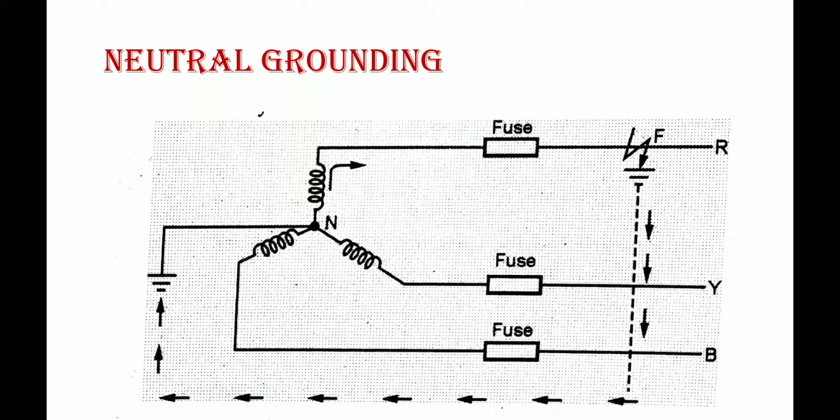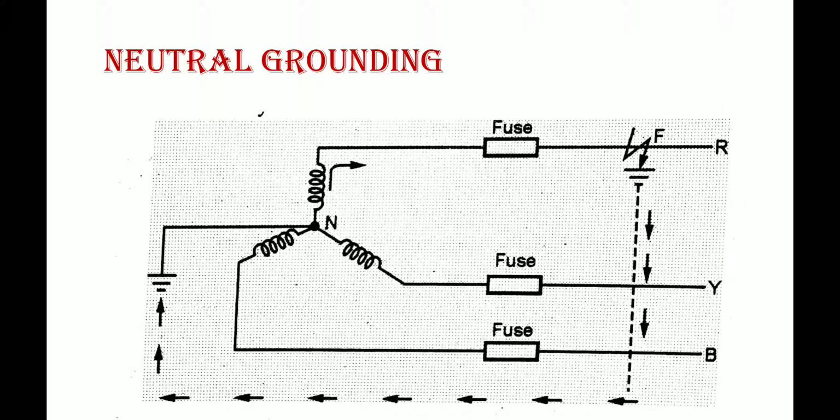Next, suppose an earth fault occurs, the current path is going to be completed through the earthed neutral and the protective device. Which protective device are we using here? That is the fuse here. So what will this fuse do? It will operate and isolate this faulty conductor from the rest of the two healthy conductors itself. Okay. So next, what I had considered: suppose a single line to ground fault, that is an LG fault.